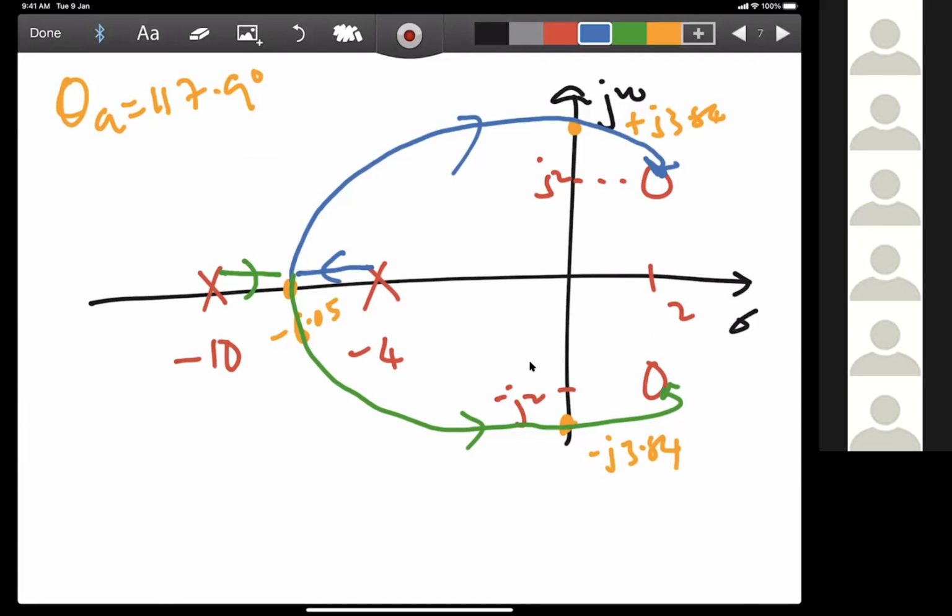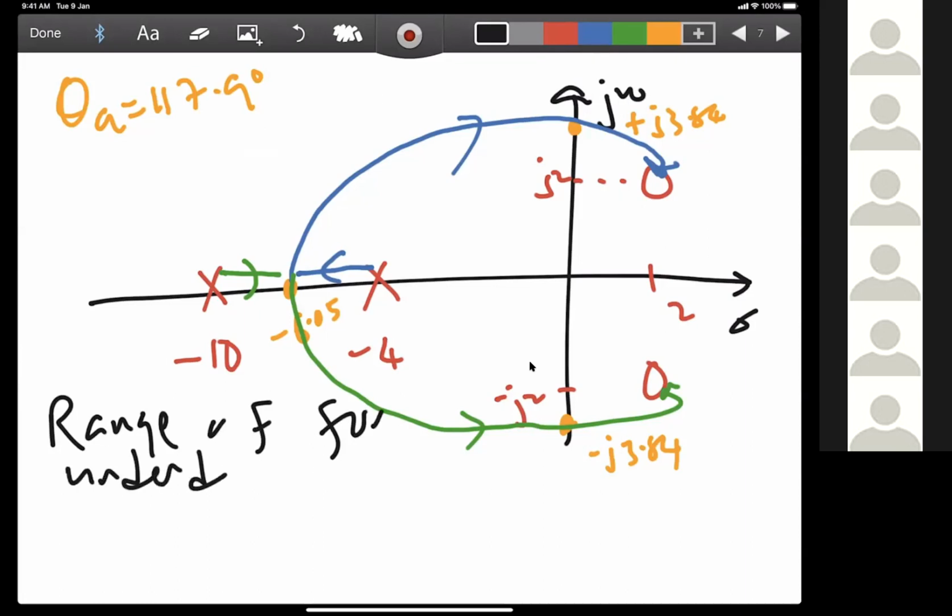I get the root. Okay. Kalau here, range of K for underdamped